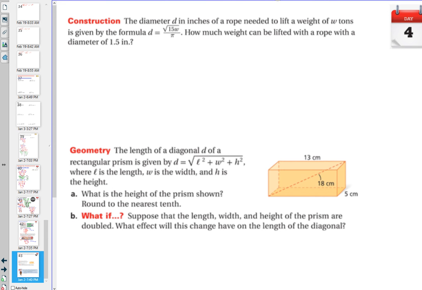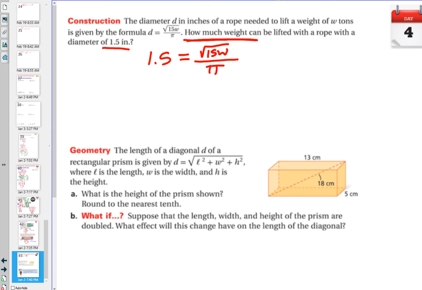The diameter D in inches of a rope that is needed to lift a weight that is W tons. So W is the weight, D is how thick the rope has to be. It's given by that. See, they already modeled it for you. Look at the question. How much weight? So what do we need to solve for? W. You want to solve for W, so they have to give me D. And they do give me D, it's 1.5. So 1.5 is equal to square root of W over